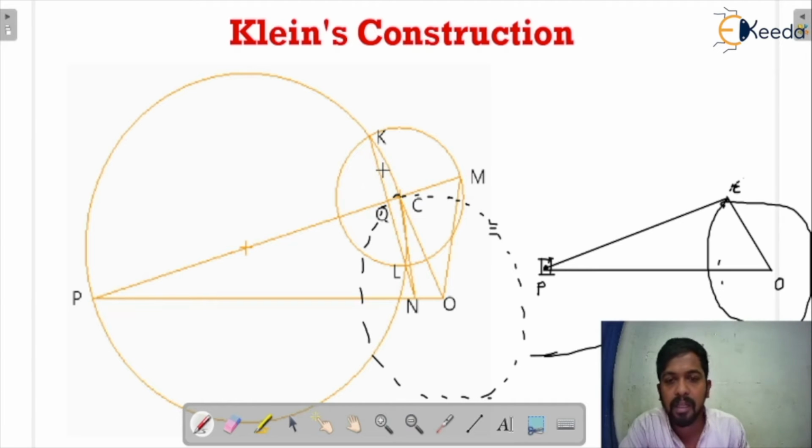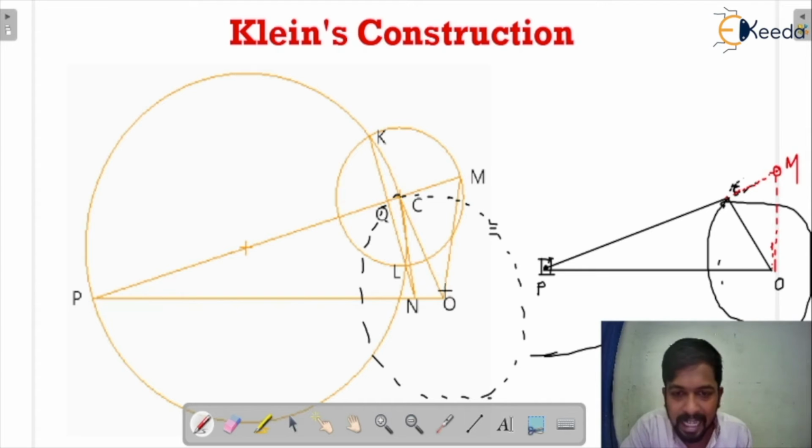Now when you have drawn the circle, you have to extend this line. You have to extend the connecting rod line up to where? Up to where a perpendicular is drawn to OP, and it will intersect at a point M. Basically it is a perpendicular line. In the diagram there is a mistake. Actually this is the perpendicular to OP. OM is perpendicular to OP. I am just writing here, OM is perpendicular to OP.